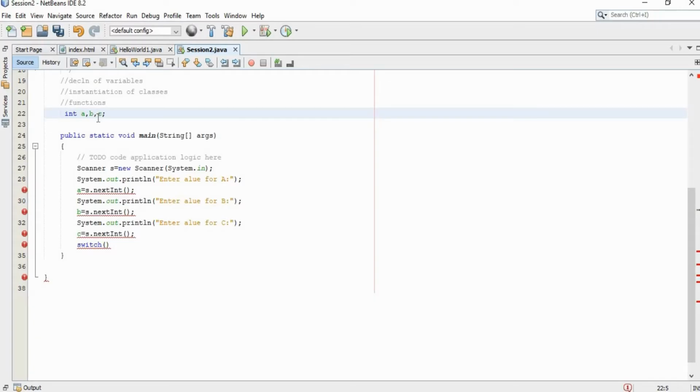When I read values from the user inside the main function for these three variables, it is showing an error. Just hover on this error icon and read it. The error is non-static variable a cannot be referenced from a static context. Hovering on the other lines, c also gives the same error. So just make this switch a comment for now.